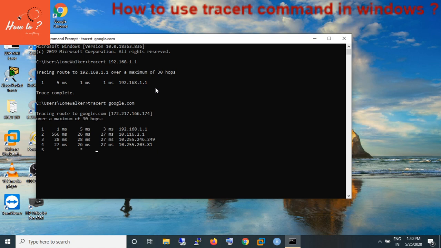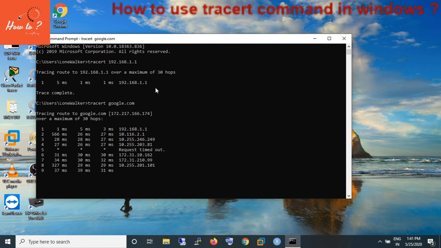One more interesting thing you will see in between the replies is the asterisk. This basically means that there is no ICMP reply from the device, or it may be because, for some security reason, ICMP is disabled on the device. ICMP is useful, but still it is considered a security threat.